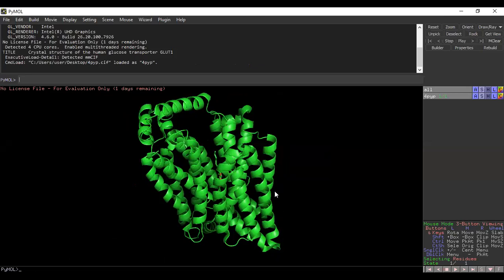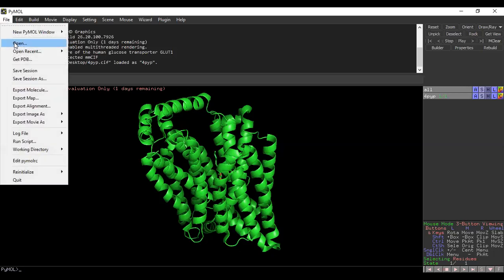Yes. So what you do is download PyMol. It is free for 30 days. This is just to learn only. And how do you download the structure? There is a site, Protein Data Bank. Go to Protein Data Bank, write whatever protein structure you want to visualize, and there is an option called file, download. Just download, and then go to file, open, and wherever you have saved that file, just upload it.